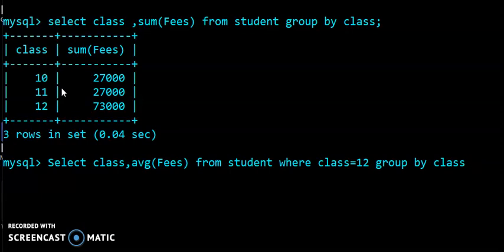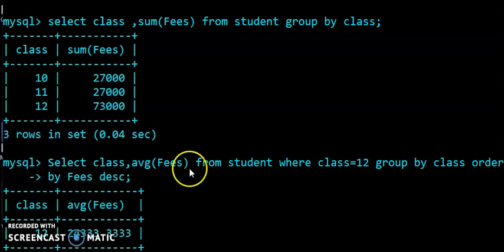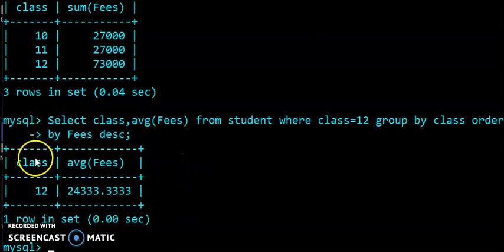Then after that I want to apply the order by fees in descending order. So you can check here, the select class column is displayed here, avg fees is also displayed